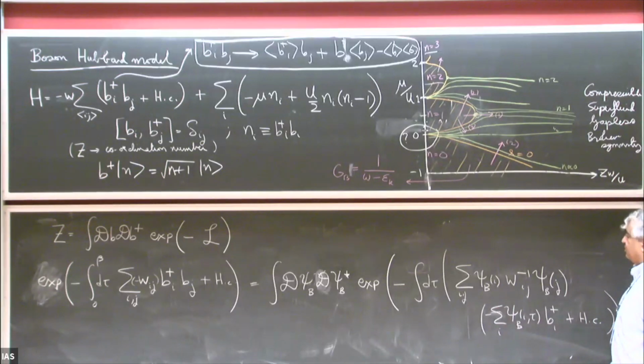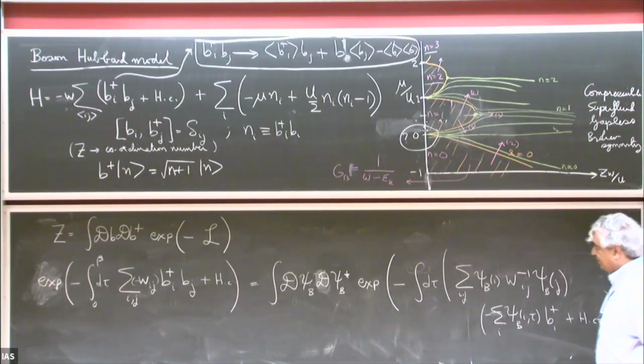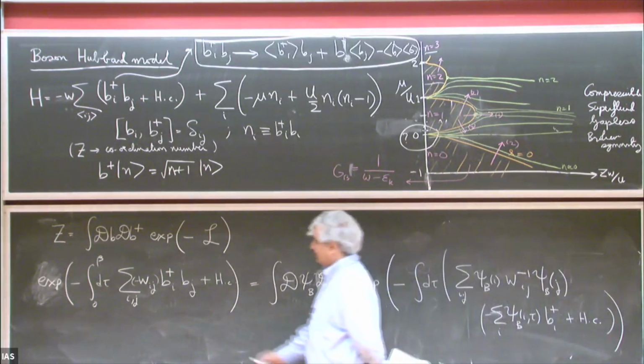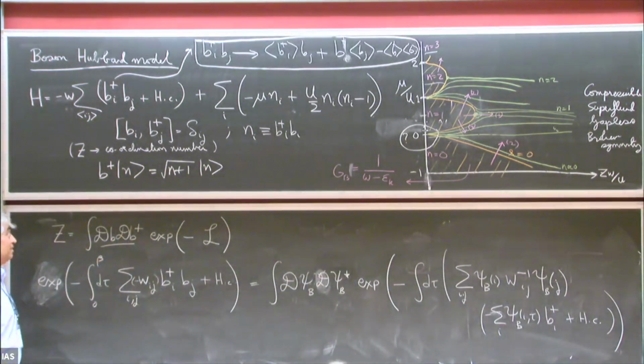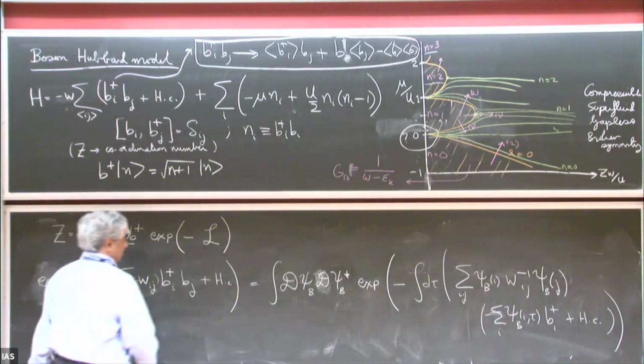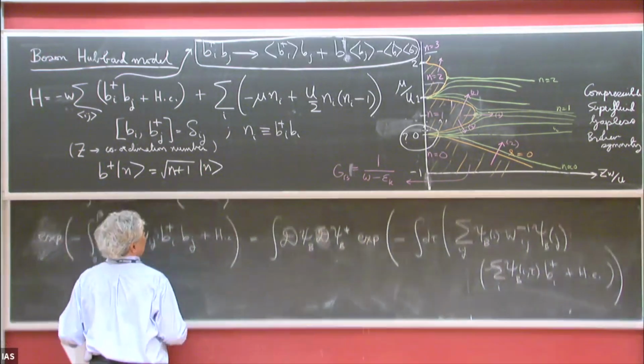All right, so now what you notice is this is an exact transformation. If I just replace psi_B by a constant, I have my own mean field Hamiltonian. So as far as the B integral is concerned, the B integral now involves only single sites. So if I just look at the B integrals,